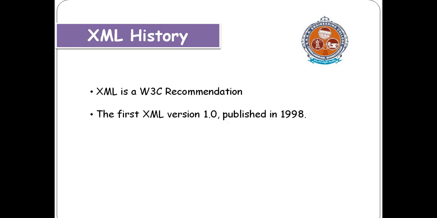XML is a W3C recommendation, that is, World Wide Web Consortium. Whatever properties and actions are defined by W3C should be followed in XML. The first XML version, version 1.0, was defined in 1998.